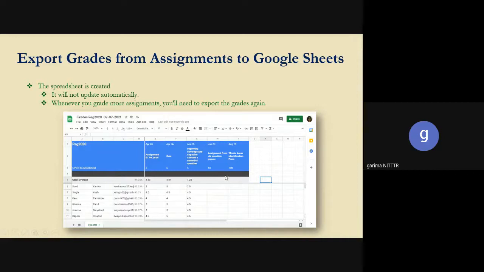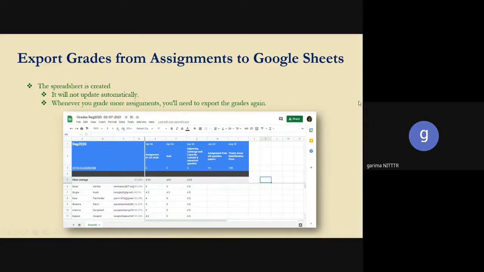So this is for that particular class, Open Classroom. These are the assignments or topics, dates, and numbers, their students, their email IDs, their overall grades, and their grades. So you need not write it from Google Classroom and enter it somewhere again. You can have that particular Google Sheet. This sheet you can share with others, faculty members also, you can share with students also, and so on. So in this way, you can export your grades from assignments to Google Sheet.